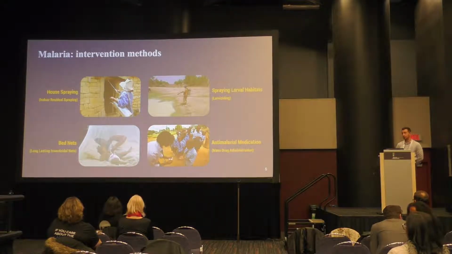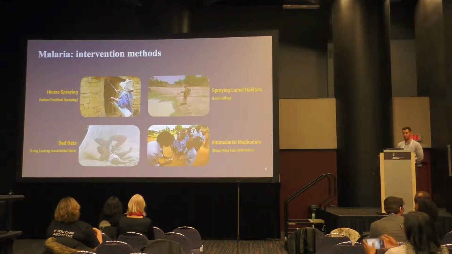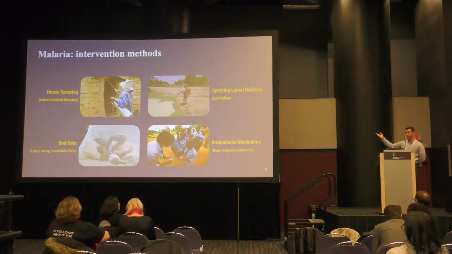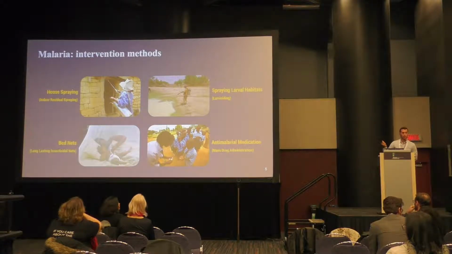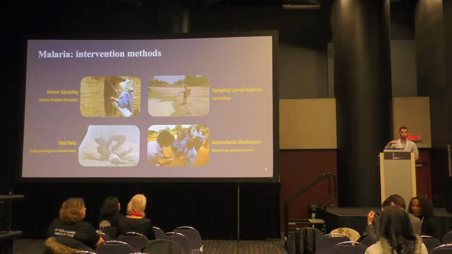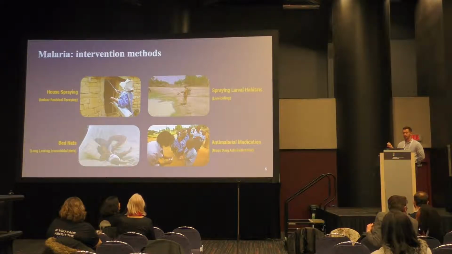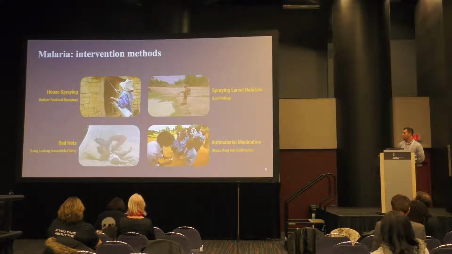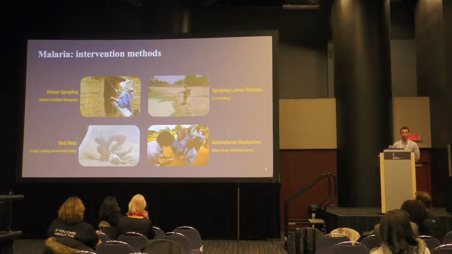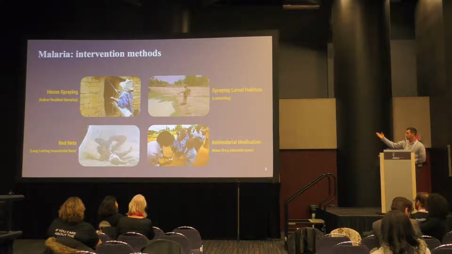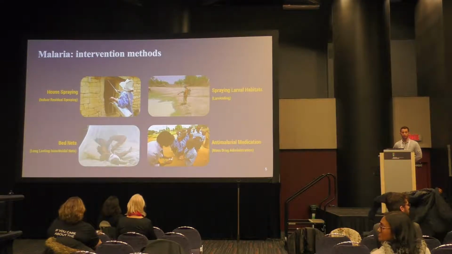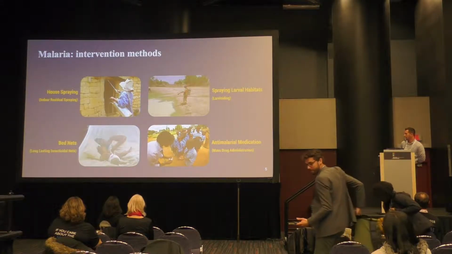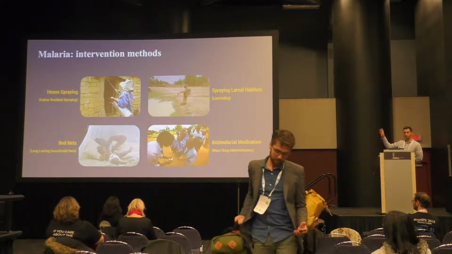What methods are there? Most of the methods target the actual mosquitoes that transmit the disease, the Anopheles mosquitoes. Methods such as spraying the inside walls of a house so that when a mosquito lands on it before or after she bites, she dies and cannot transmit the disease. There's bed nets that you sleep under. They're treated with insecticides. Spraying of water bodies is effective against the mosquito larvae. They need water to develop. And those 3 target the actual mosquitoes.